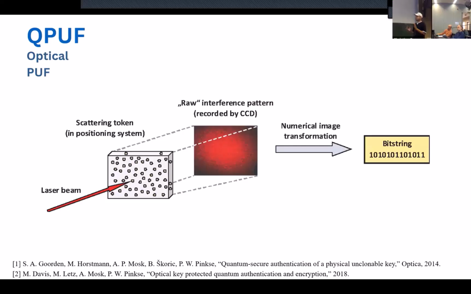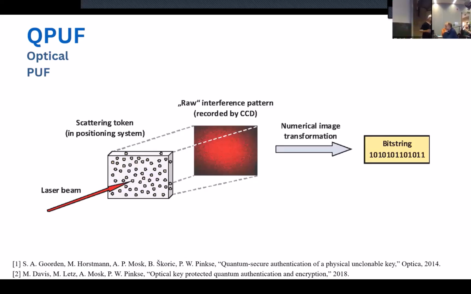One example of this QR PUF is the optical PUF, where we pass a laser beam into a 3D structure. This is a device that scatters the laser beam into a speckle pattern, and based on the pattern profile we get, we try to identify that particular device. The basic idea is to encode a quantum state in the laser beam and get a different kind of pattern for each input that you provide. The main disadvantage of this is that it is highly sensitive.